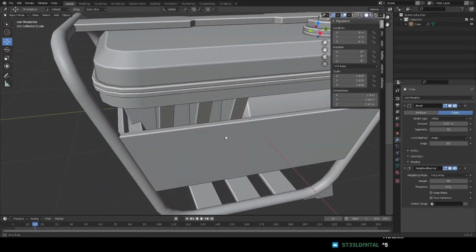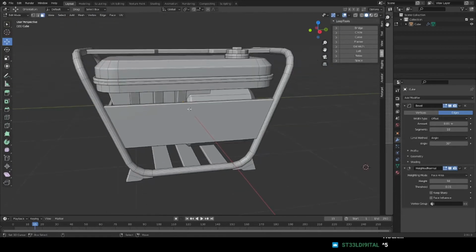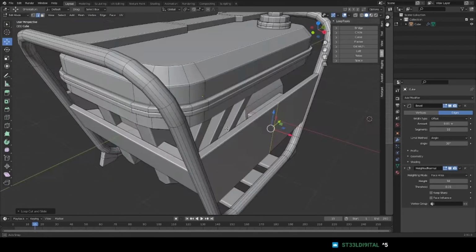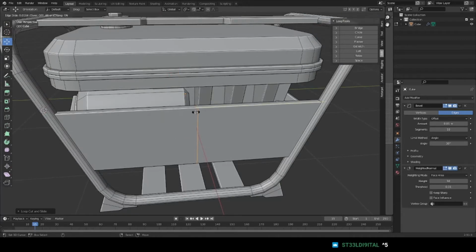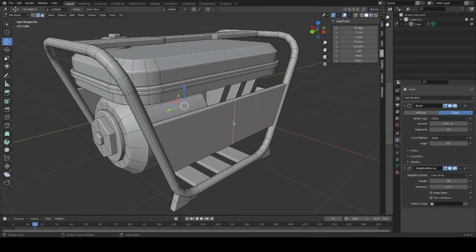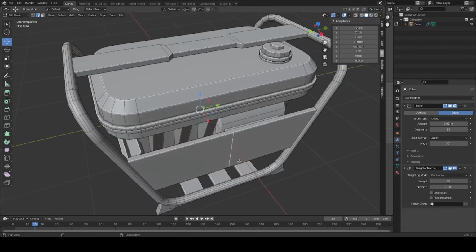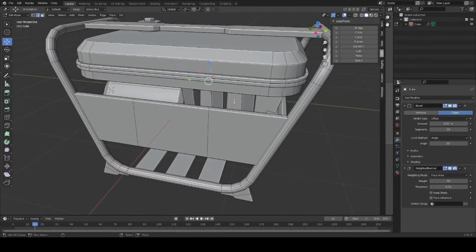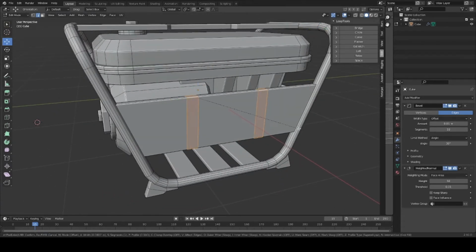Let's see, what else do we want to do? Let's make these panels a little bit more interesting. So let's add a loop cut there with Control R, and Control R left or right click and grab both of those. With Shift Alt and right click, select those loop cuts you just made. Then Control B to bring them out right about there. Grab these loop cuts with Shift Alt right click, Control B again,